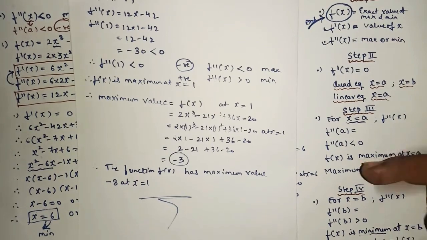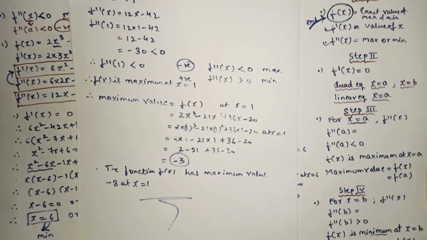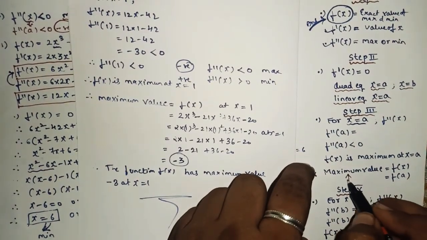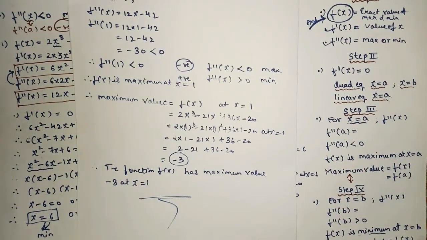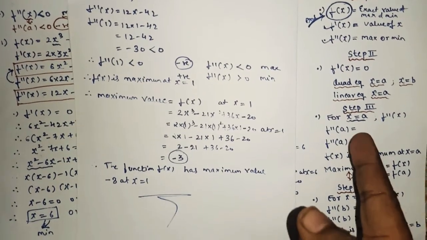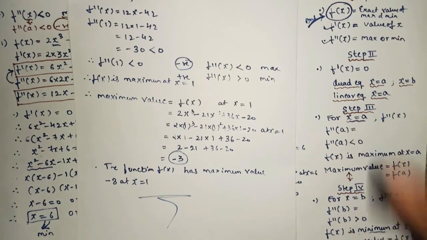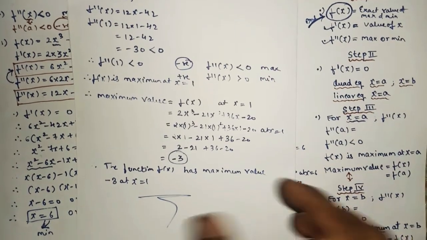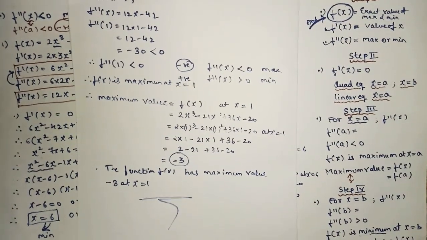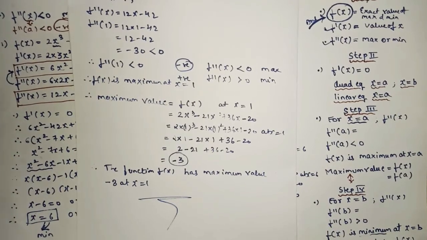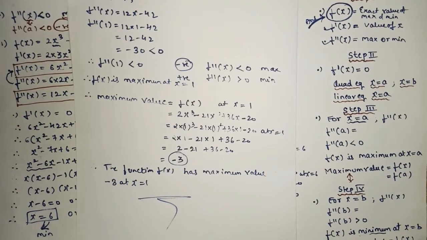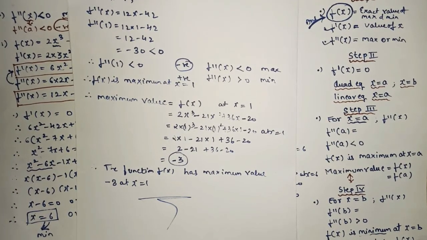These can be flipped. It's not compulsory that in step number 3 only you will get the maximum value. Just follow these 4 steps to get the perfect answer. I hope you all understood this sum. In the next lecture, we'll take some more examples based on this. Till then, goodbye. See you in the next lecture.